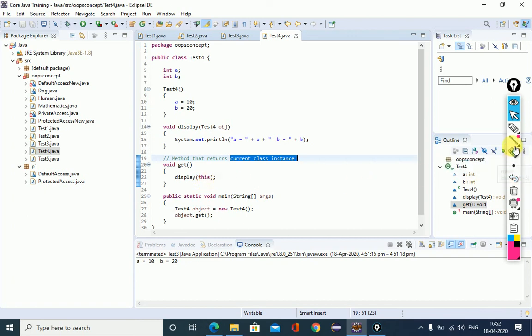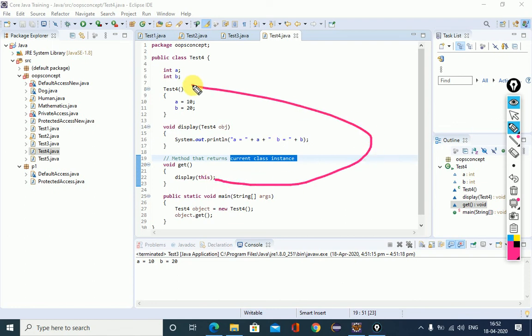So in this example, in this method this keyword is invoking. What will happen, what is the current class instance? The current class is the default constructor. So all these values will be assigned into this variable. Here, in the display method, we will provide this keyword as the parameter. This will call